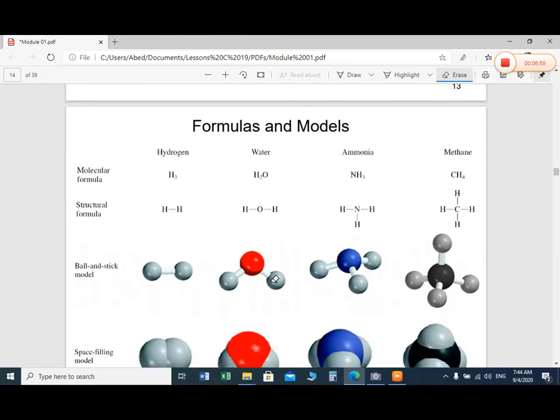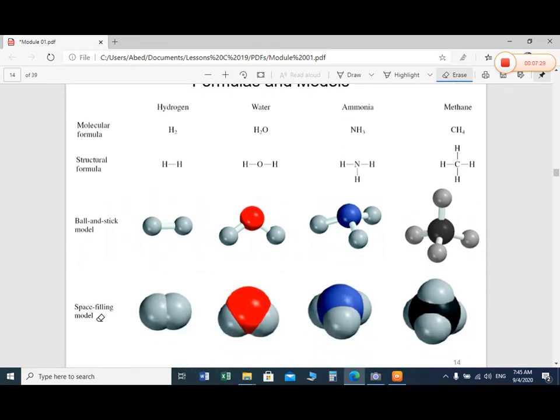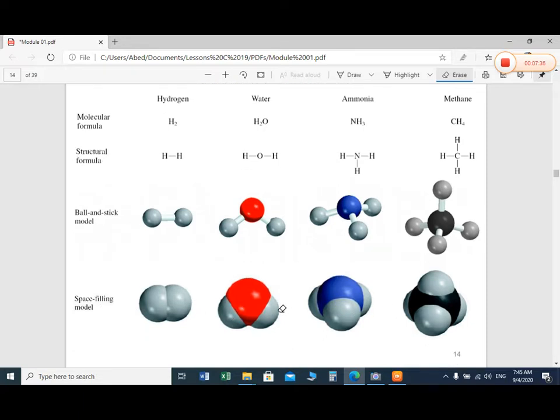Now come to the formula of the molecule. A formula can be represented by 4 methods. Number 1 is the molecular formula. It is very common; you write it by hand and read it. Then the structural formula, which we will learn as the Lewis structure in the next module. Ball and stick is the practical one: you need sticks and balls to represent a molecule like this. And the last one is the space filling model. These are computer generated pictures, models. This also gives some information about the molecule.